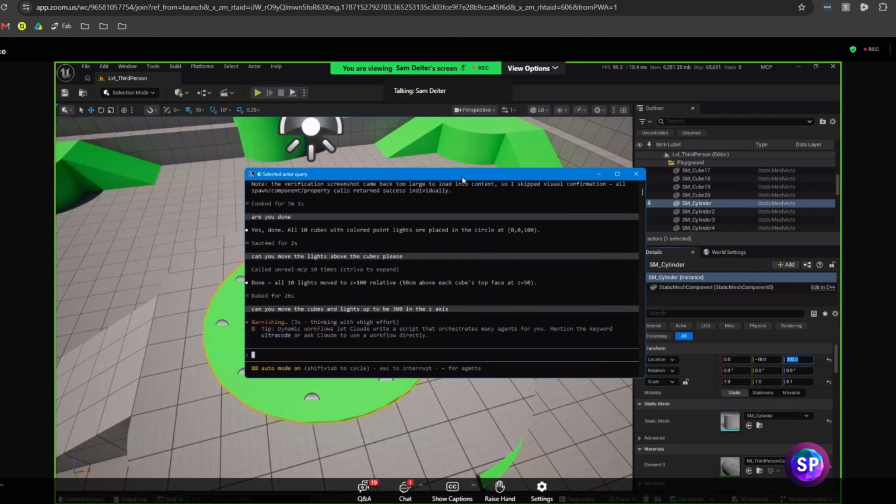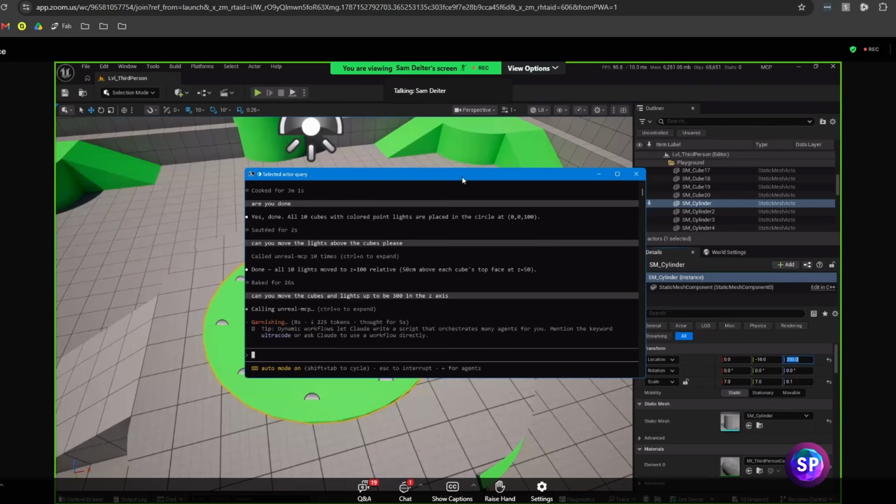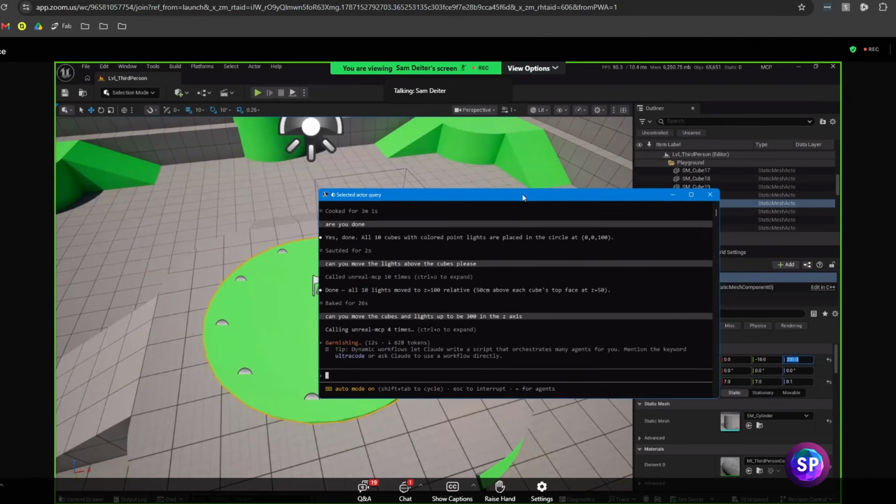Obviously what I'm doing here is pretty simple. You could click and do this yourself and get a similar result, but this is just to have a demonstration of what you can do.